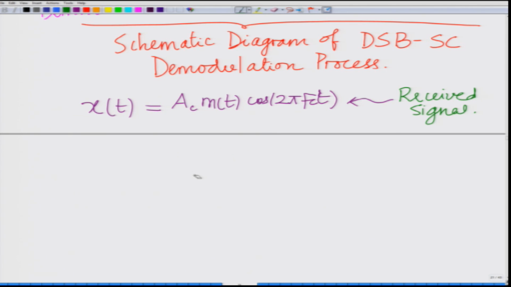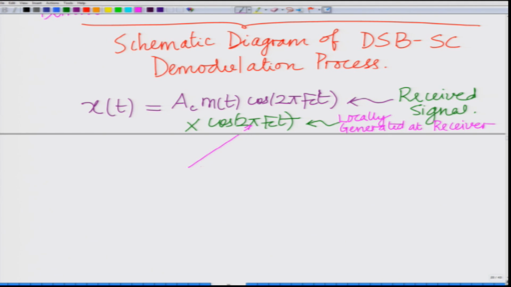We are demodulating this by multiplying with the carrier, which is the locally generated carrier, meaning locally generated at the receiver, and we have assumed that there is no phase offset between the carrier wave in the incoming signal